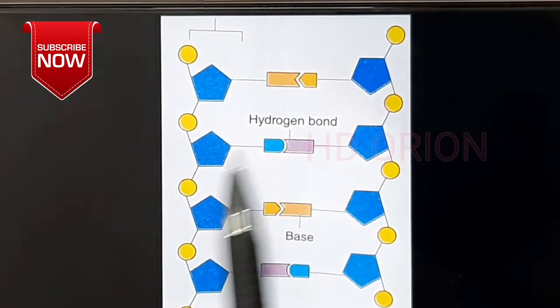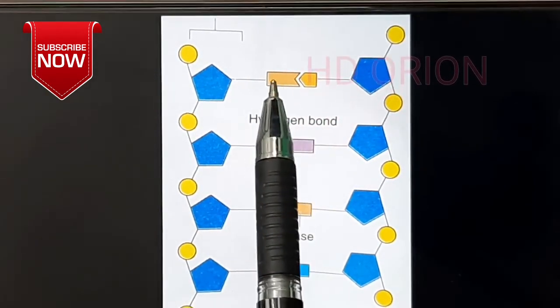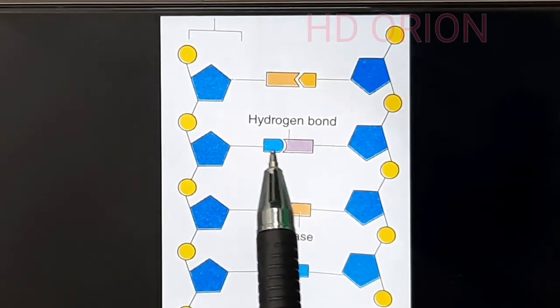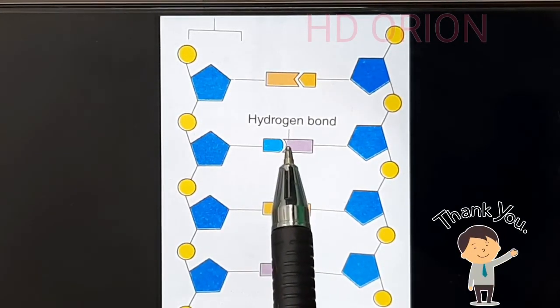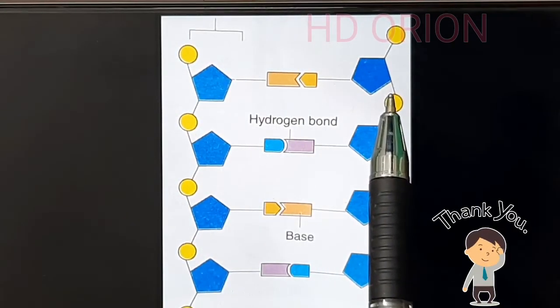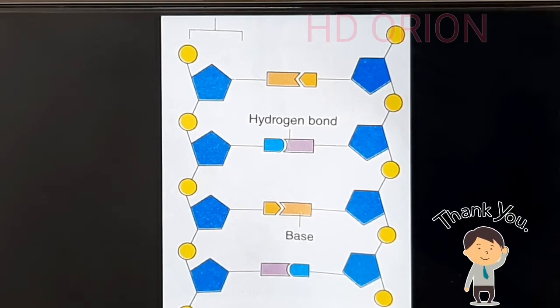hydrogen bond. I told you that adenine and thymine will base pair by double hydrogen bond. So here if this is A, this is T, there will be a double hydrogen bond. If this is C and this is G, there will be a triple hydrogen bond. In this way the two complementary strands are together. There can be as many as 2000 such pyrimidine and purine pairs that hold the two strands in a single DNA molecule.